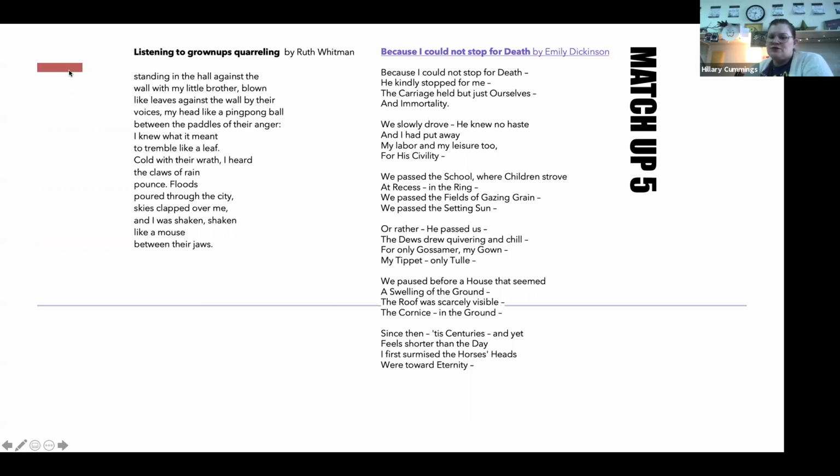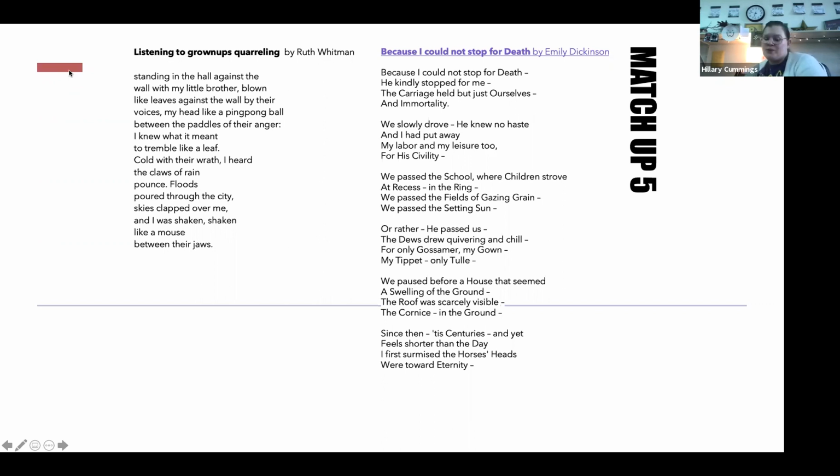The dews drew quivering and chill, for only gossamer my gown, my tippet only tulle. We passed before a house that seemed a swelling of the ground. The roof was scarcely visible, the cornice in the ground. Since then, 'tis centuries, and yet feels shorter than the day I first surmised the horses' heads were toward eternity,